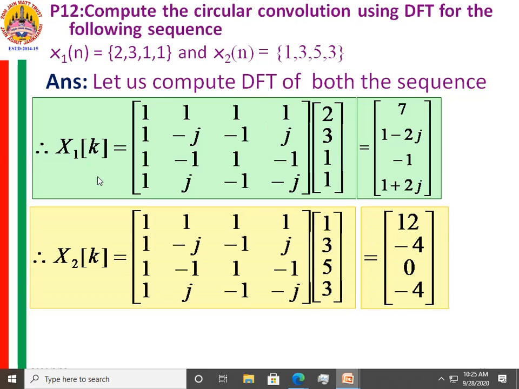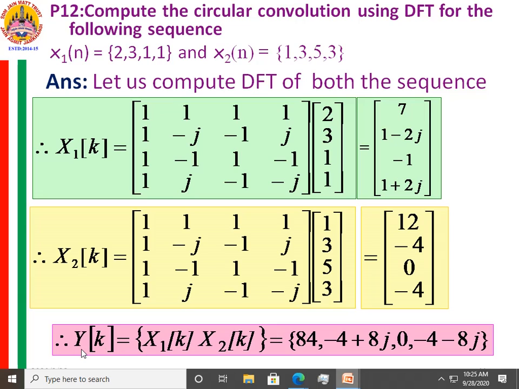Once we obtain x1 of k and x2 of k, we need to multiply them pointwise. You can make use of your calculators, keeping them in complex mode, and perform the multiplication pointwise: 7 into 12, then 1 minus 2j into minus 4, then minus 1 into 0 is 0, and 1 plus 2j into minus 4. So you will get yk, which is equal to 84, minus 4 plus 8j, 0, minus 4